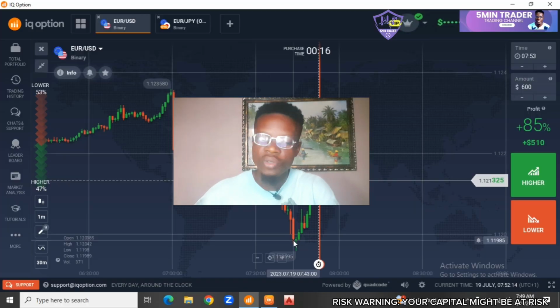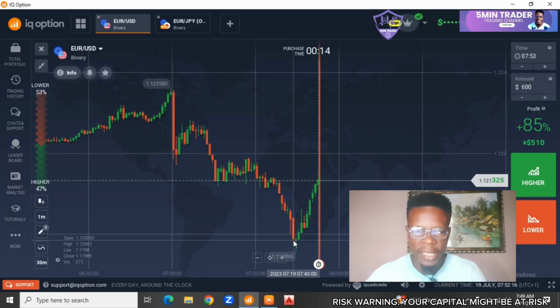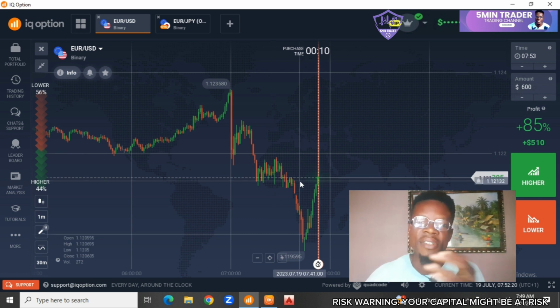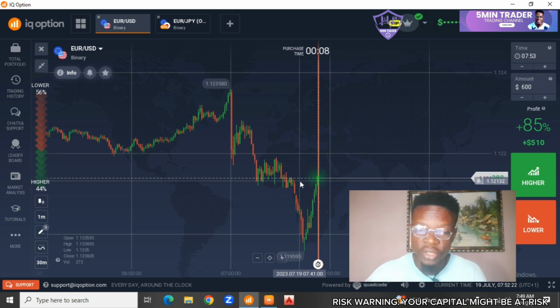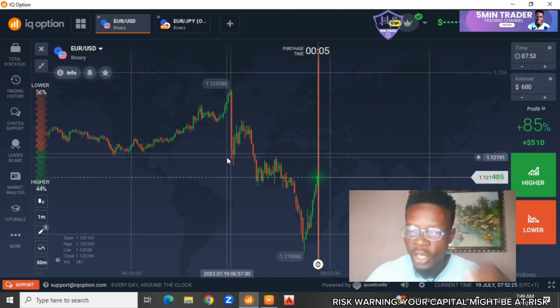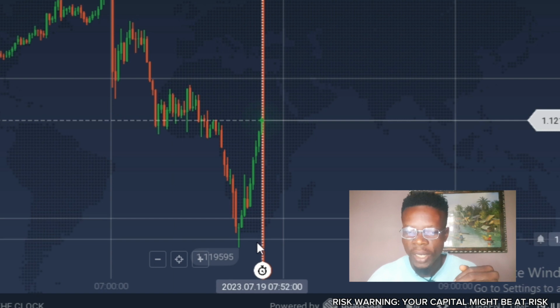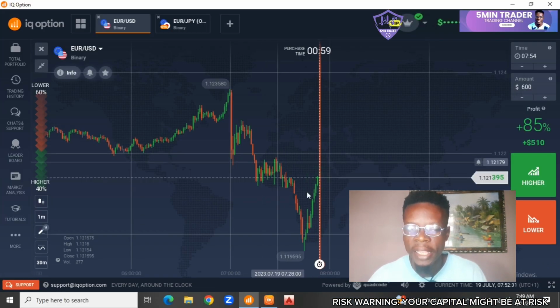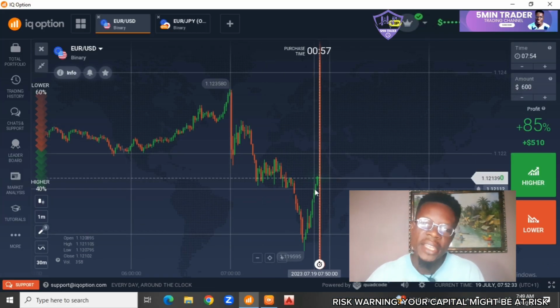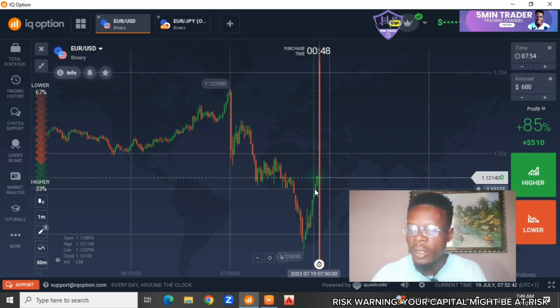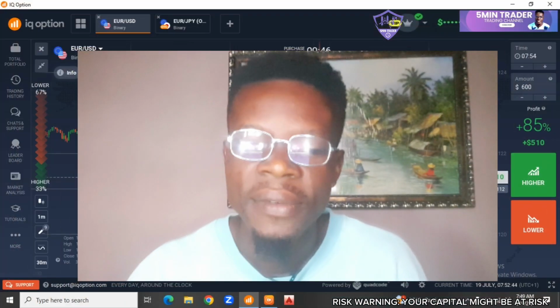So the first thing we do is we are going to try to analyze this chart. We can see obviously that this is a very smooth downtrend situation because we are having lower lows and lower highs. This is a low, this is a lower low, this is a lower low, and this is a lower high, and we can expect the market to create a lower high again unless the price action is going to change. But for now, we are going to work based on the evidence we already have, which is